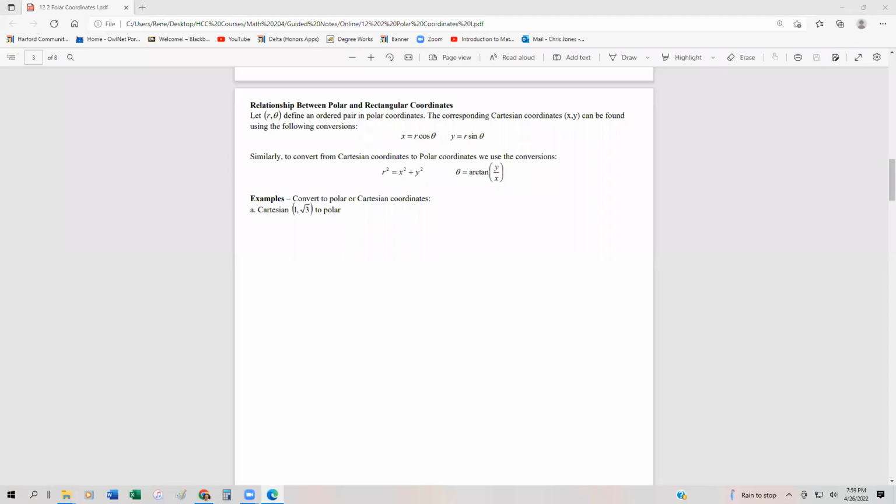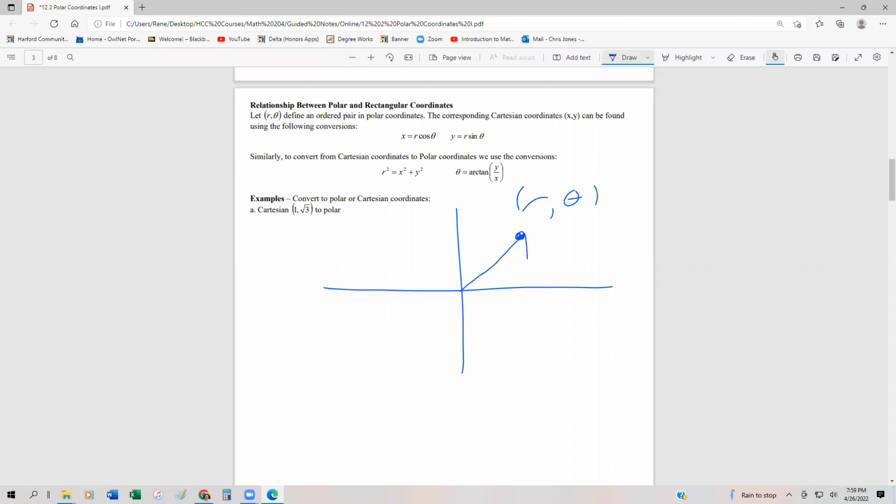One function that's really helpful is to be able to convert back and forth between polar and rectangular coordinates. If you think of a coordinate, let's say we have this point right here, and we have it as (r, theta). Essentially we would have a radius r, and then an angle theta, and we could just use some right angle trigonometry to be able to determine what the coordinates are in